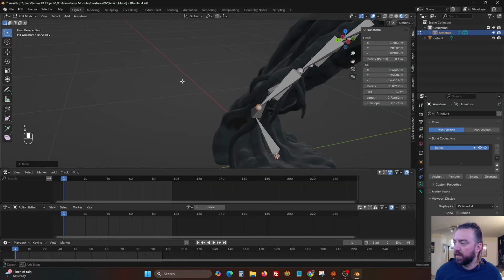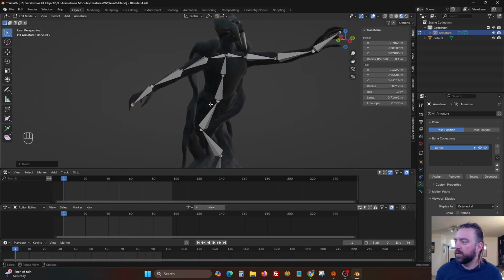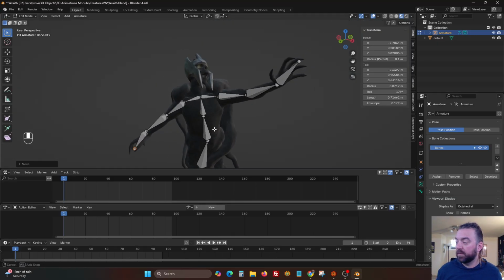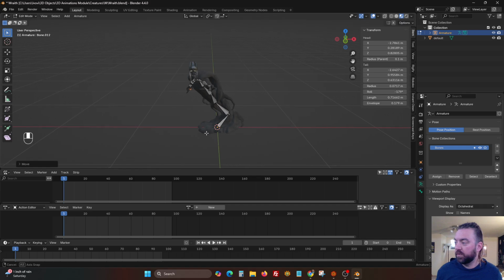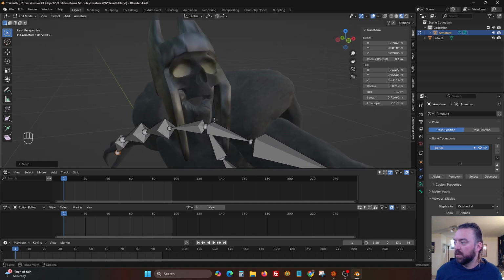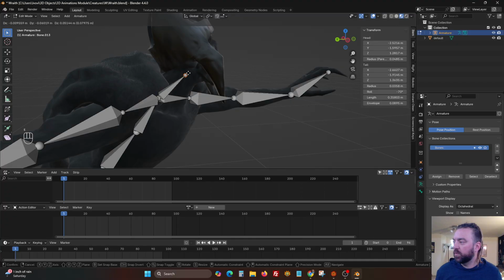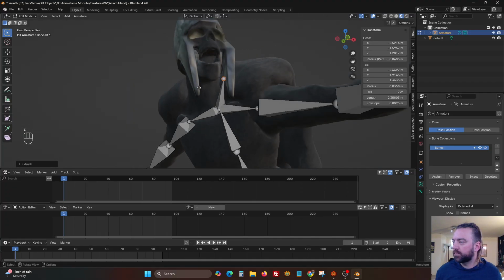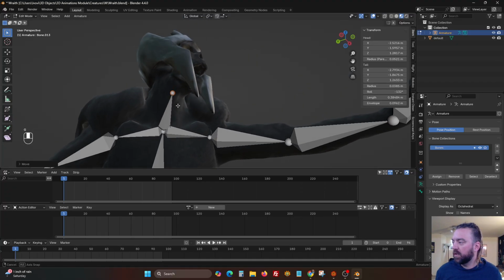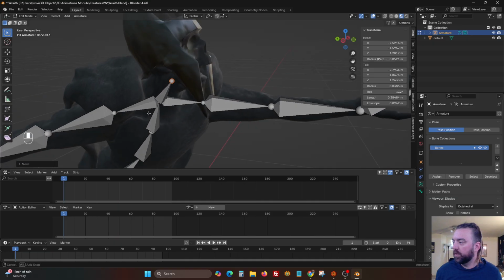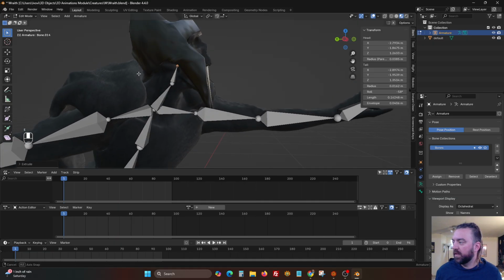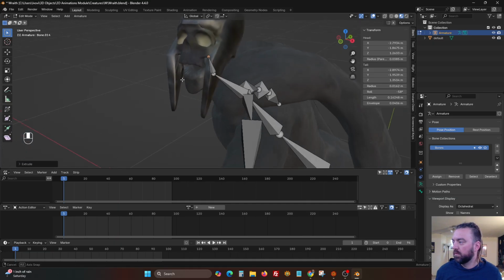Now I could do every single finger if I wanted to. Again, not going to get too complex with this guy. But you know, for some models it's worth it. For some models it's not. What I will do is take advantage of his mouth,